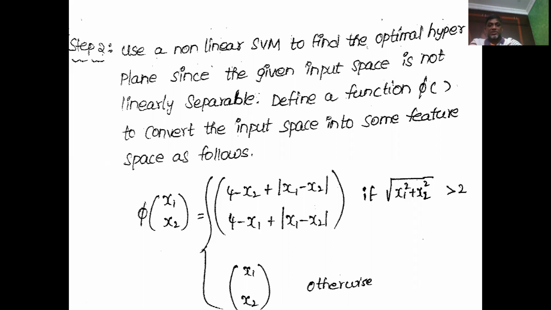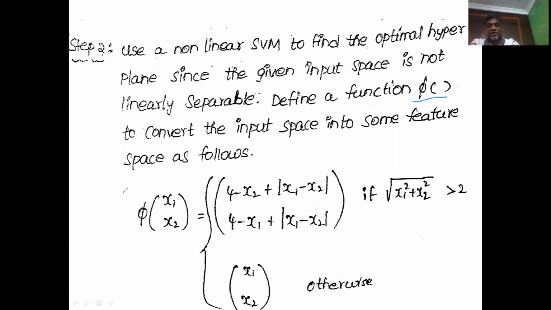So our first step is to convert the input space into the feature space. This step is very crucial. You need to understand this very clearly. For converting the input space into a feature space which is in high dimension, you need to choose a function. I repeat, you need to choose a function that performs this nonlinear mapping properly. Okay, so this needs to be done very carefully.